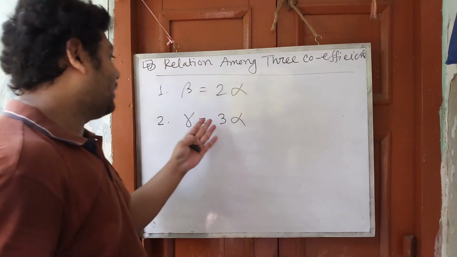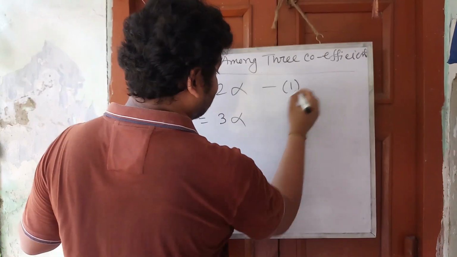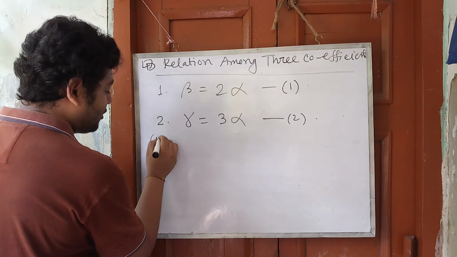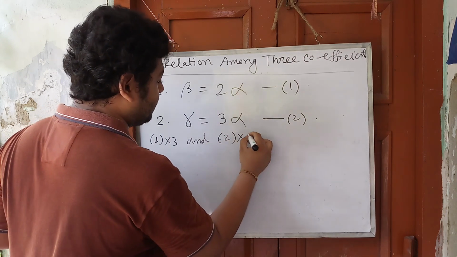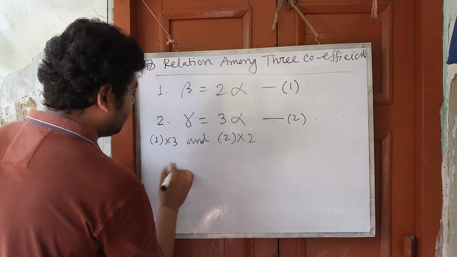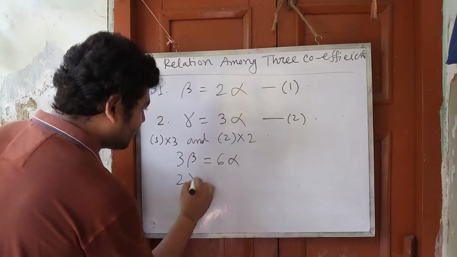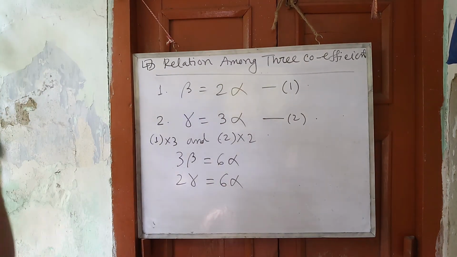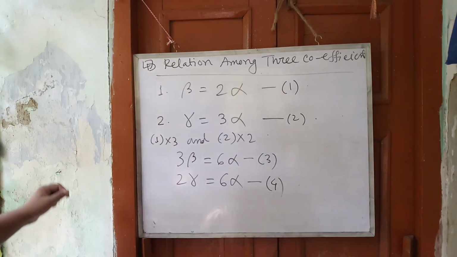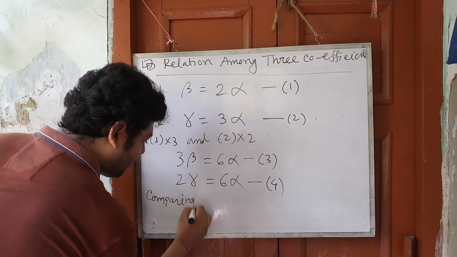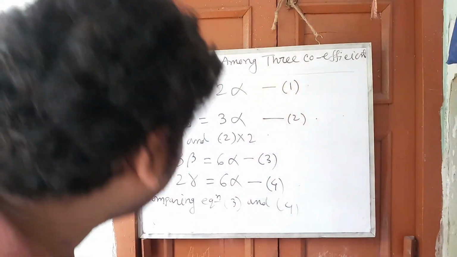So multiplying equation 1 by 3 and equation 2 by 2, we denote them as equation 1 and equation 2. So we can write thrice beta equal to 6 alpha and twice gamma equal to 6 alpha. We can denote these as equation 3 and equation 4. So comparing equation 3 and equation 4, we can write